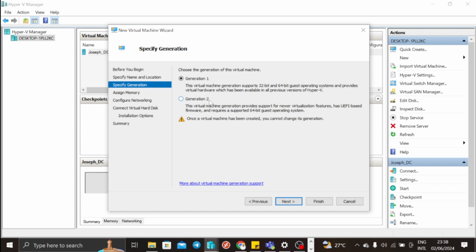So generation 2 Hyper-V is of the more modern hypervisors, right? This virtual machine generation provides support for newer virtualization features, has UEFI-based firmware, and requires a supported 64-bit guest operating system. I will use the documents to explain all of this when our VM is loading up. But we're just going to move on at this point by clicking on generation 2, and then we